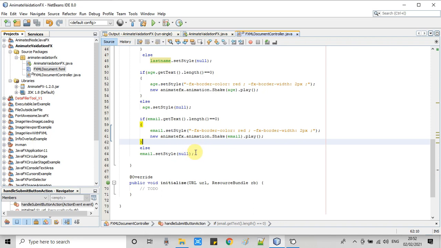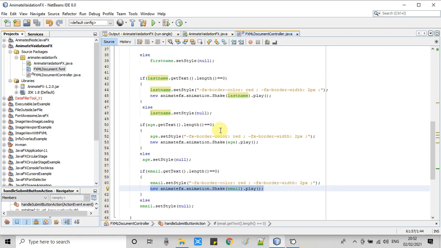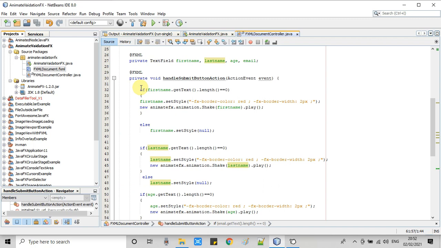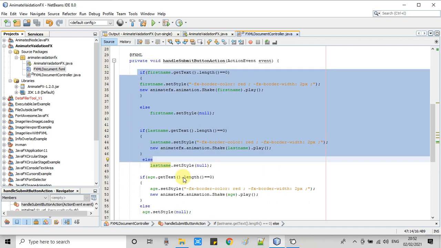But in my way this is the simplest way. This is for the demonstration of how you can use the animate effects to animate your JavaFX controls at the time of validation. So this is the whole arrangement. I hope you guys are clear on this.